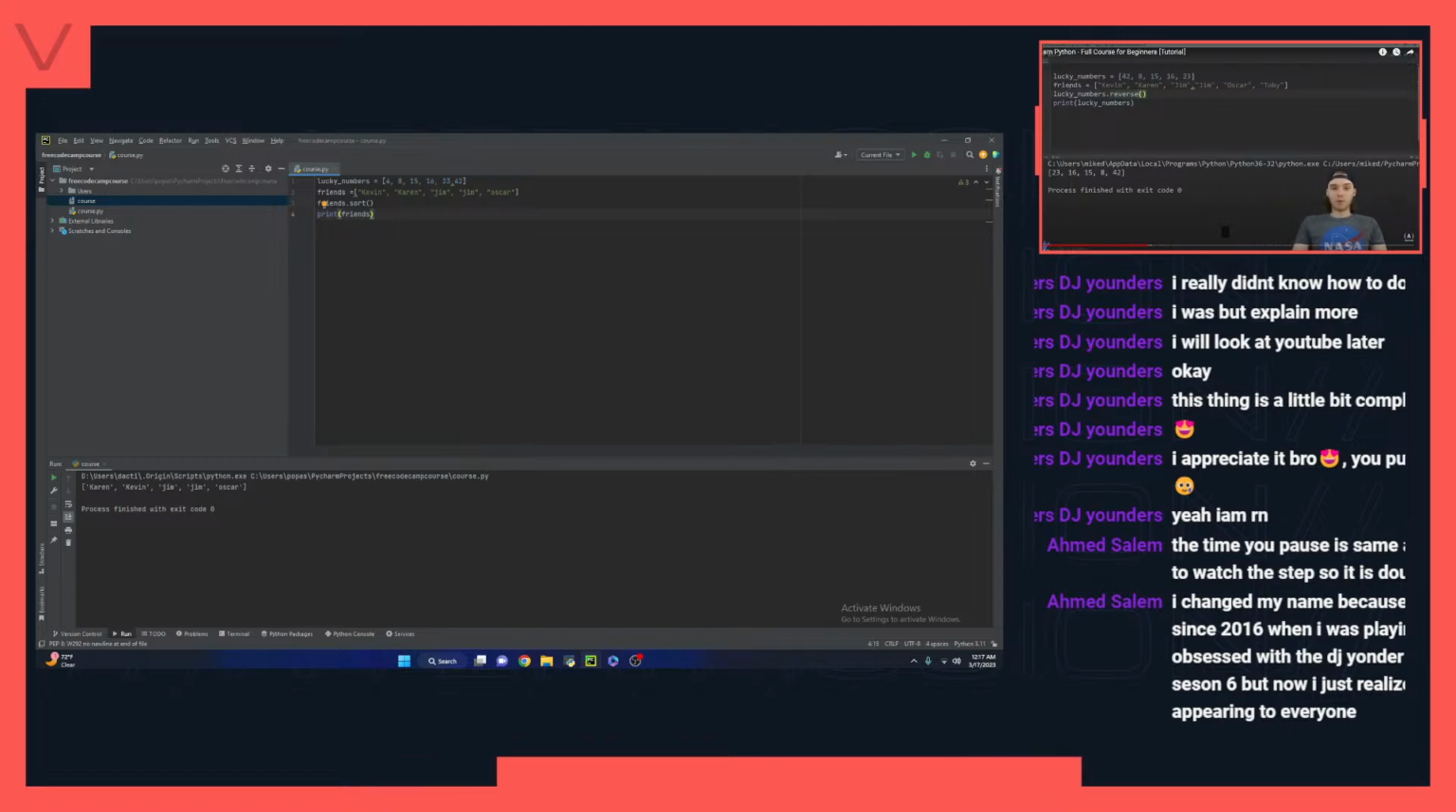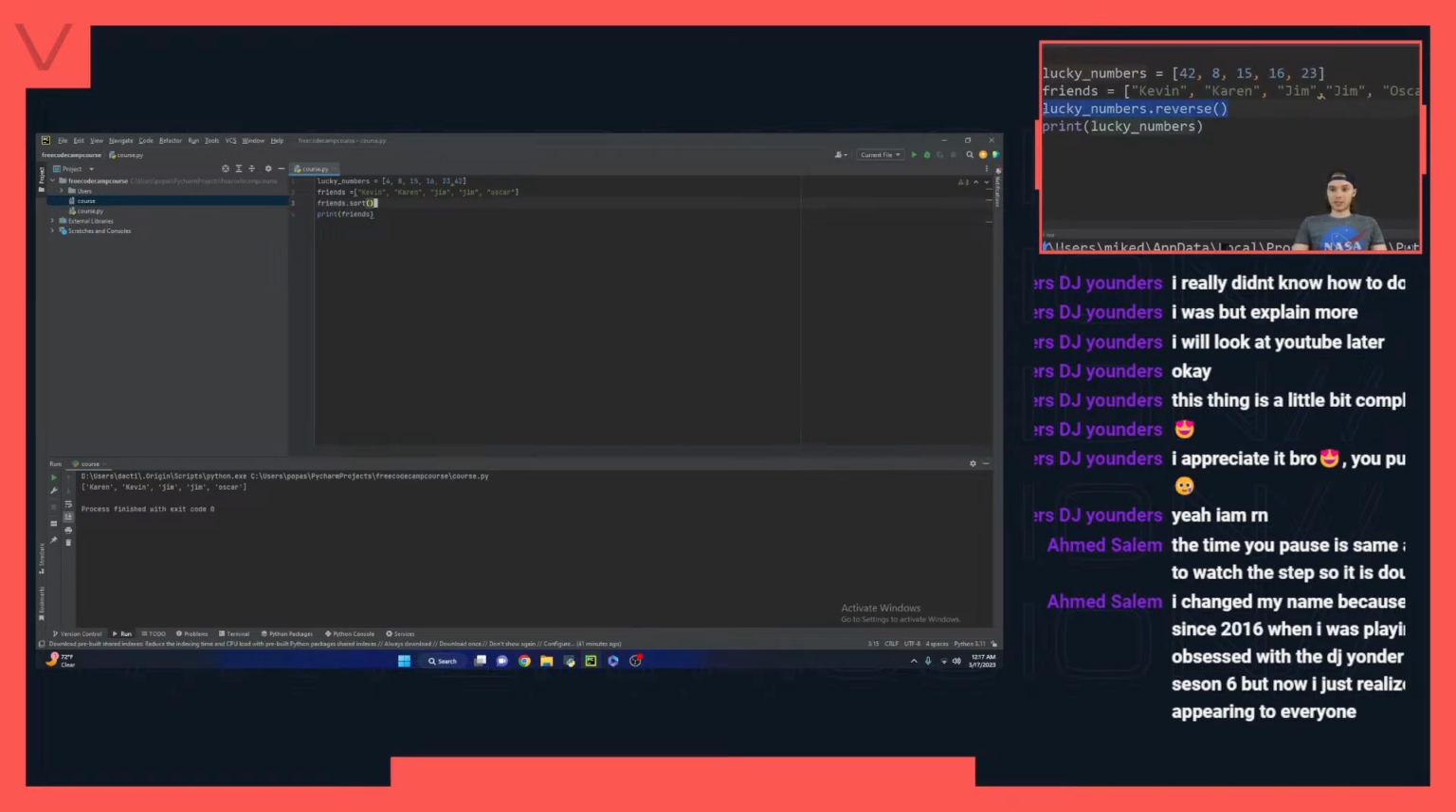And finally, there's one more list function I want to show you guys, which is copy. So I could actually create another list and I could make it as a copy. So I could say like